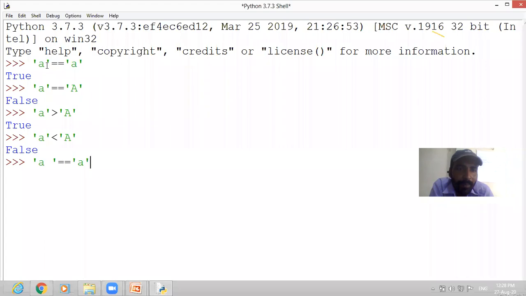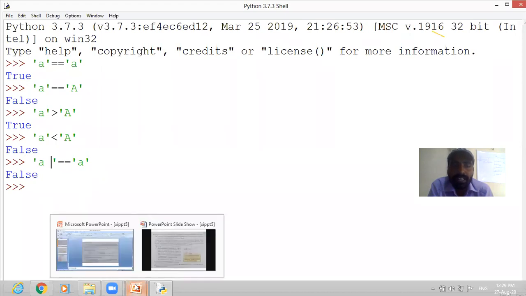Sir, by mistake. Okay. So now you see here, I have given a, then I have given a space, then I have written equal to only a. So what will you find? Is it equal? No, it is not equal because there is a space given in the first a. Look here, the result is false. Why? Because space is also counted as a character. Okay, now let us proceed to the next rule.